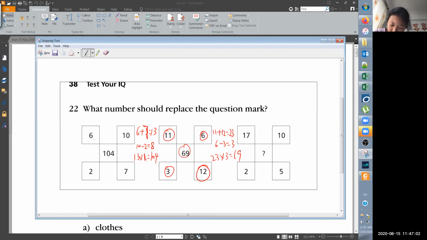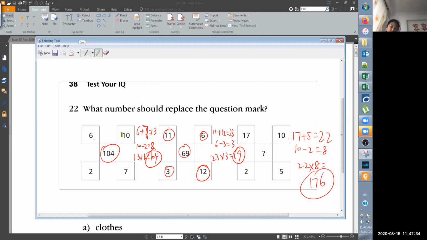Oh, it looks good. So this one also looks good. So 6 plus 7, so it looks good. So similarly, you should take 11 plus 12, so it's 17 plus 5, so it's 22. 10 minus 2 is 8, so 22 times 8 is 176. Yeah, 176. OK, 这个题目呢，其实这类型的题目就是你要不然就是横着看，要不然就斜着看，要不然就竖着看，看他们有什么规律了。OK？